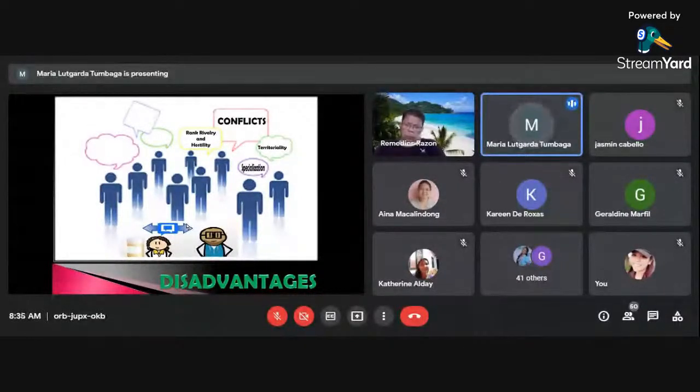Horizontal communication can also create conflict between employees who are exposed to each other through the communication process. Finally, it may also create a lack of discipline if strict procedural rules of communication are not imposed or followed. So we have there the lack of discipline, reduction of effectiveness of other means of communication, since the communication happens within the department, some of the other means of communication are not effectively used. Then greater problem maintaining control, as I've said a while ago.